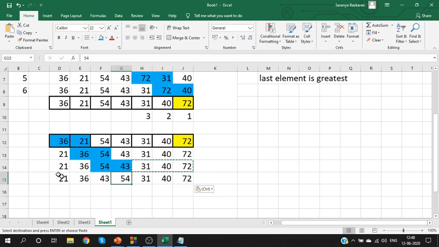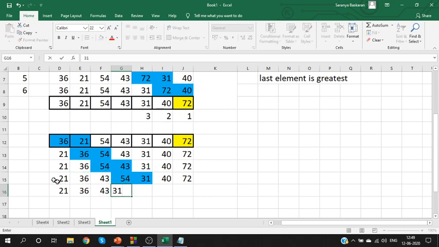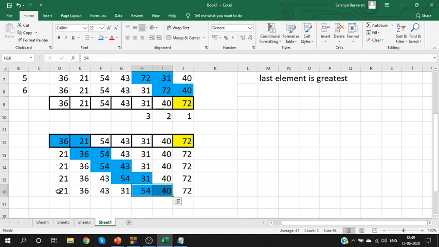Clear? Next comparison 54, 31. When you compare 54, 31, you will swap them, because the element should be lesser than the next, it is not true here, so swap them. So 31, 54, 40, 72. Next time we will compare 54 and 40. When you compare 54 and 40, should we swap or no swap? Element should be lesser, but here it is greater.